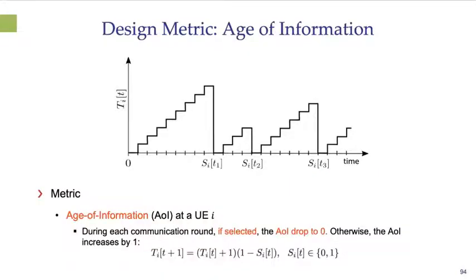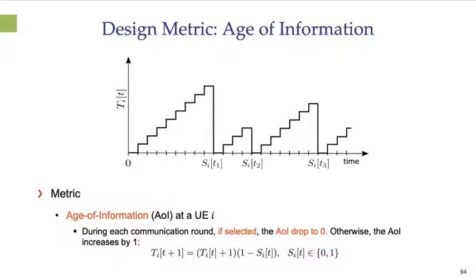And the answer is yes, we can, at least in terms of one metric. And the metric that makes a lot of sense here is the age of information metric, which has been developed for looking at situations where the timeliness of information is an important factor in addition to the quality or fidelity of the information that we receive. So here we can think about age of information as being defined in the following way.